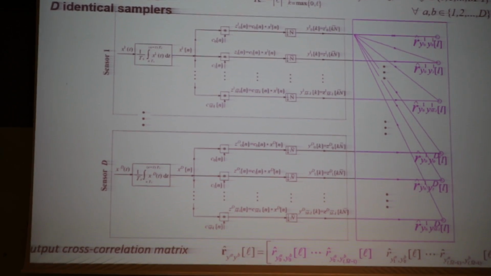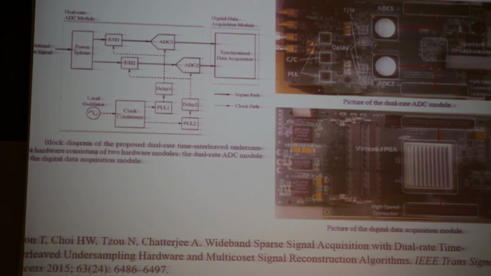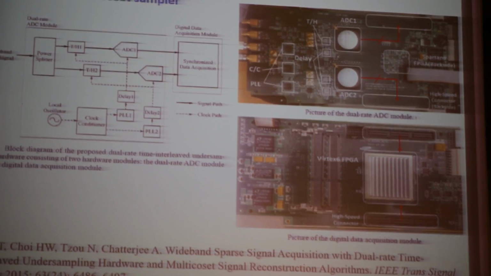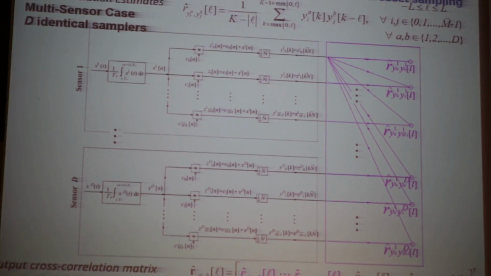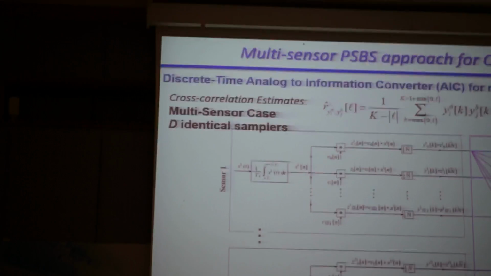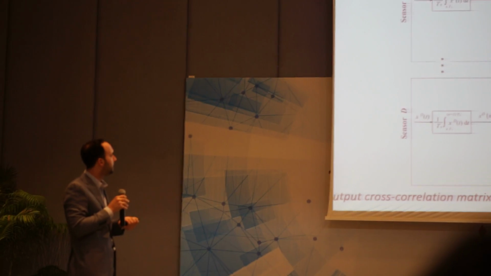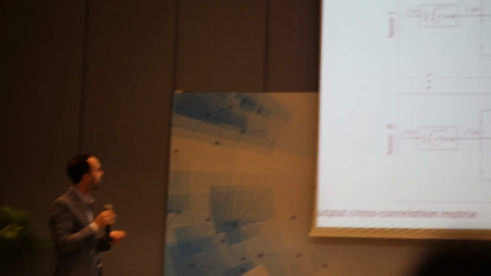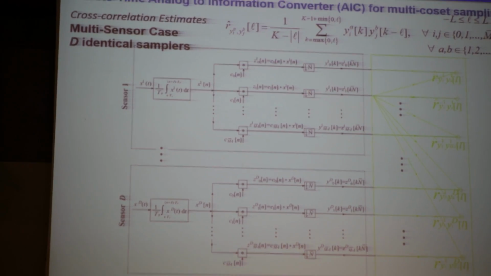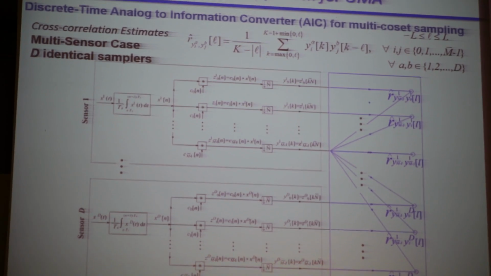There's some recent work on multi-coset samplers that can do multi-coset sampling without having so many interleaved channels. So our contribution is what happens in the case where we have d identical samplers, or d sensors, that look like this. What we find is that if we take the cross correlations of every channel with every other channel of each and every sensor, so we form this output cross-correlation matrix,